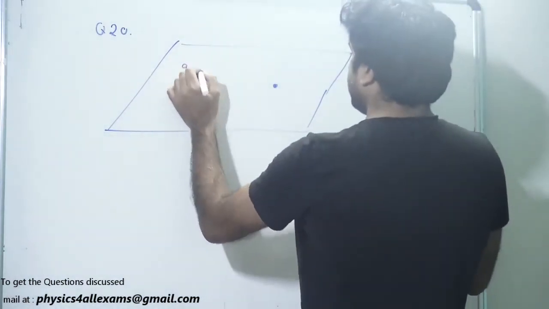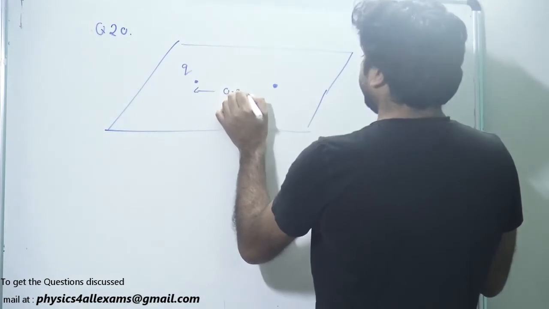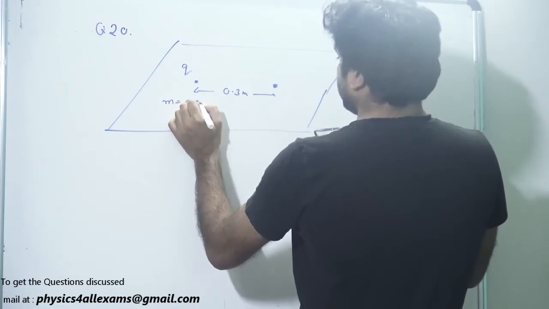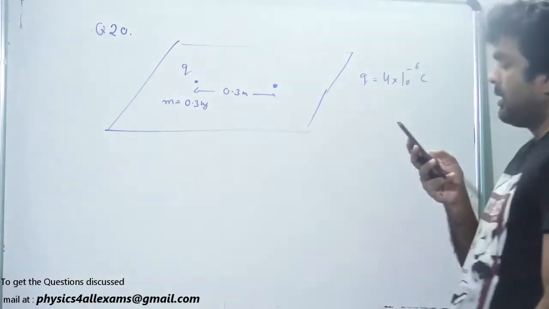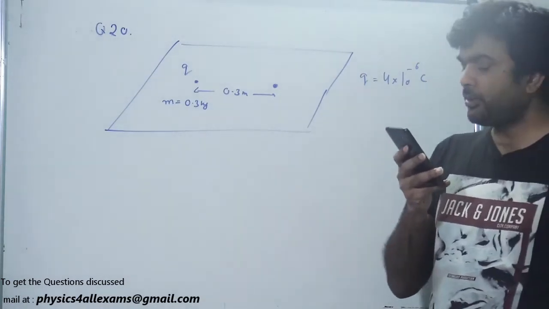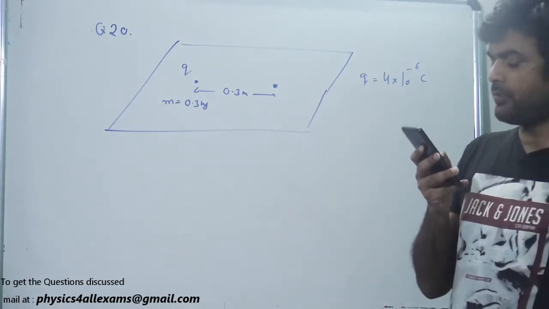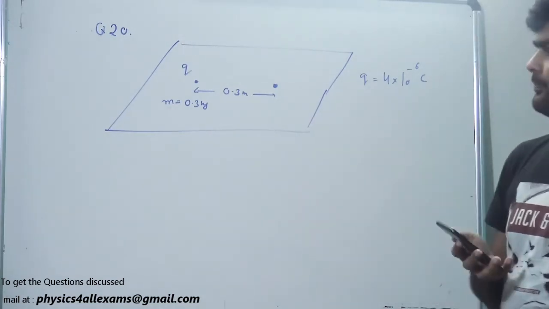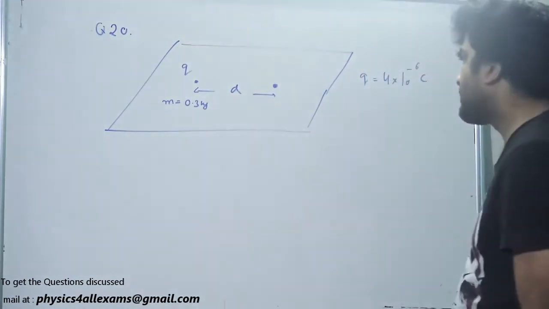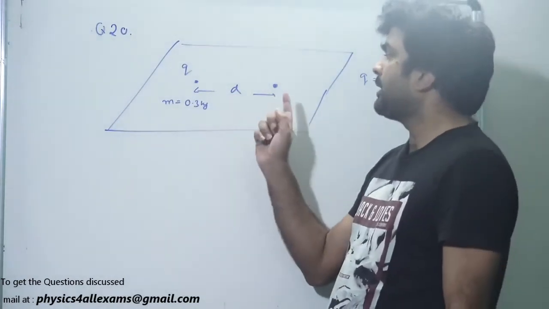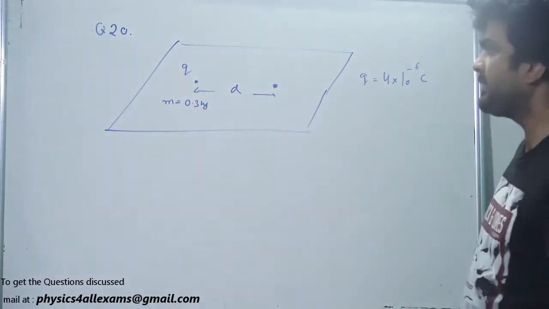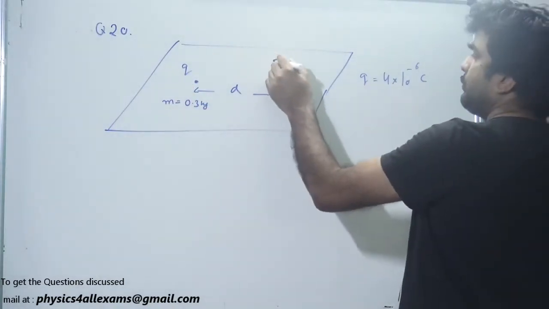It has the same charge, the distance is 0.3 meter, and the mass is 300 gram, 0.3 kg. The coefficient of friction between the table and the second particle is 0.3. Find the range of d for which the second particle lies at rest. So the distance between these two particles is the unknown d. We have to tell the value of the distance d for which this particle will remain at rest, and it is given in the problem that the first one is fixed.